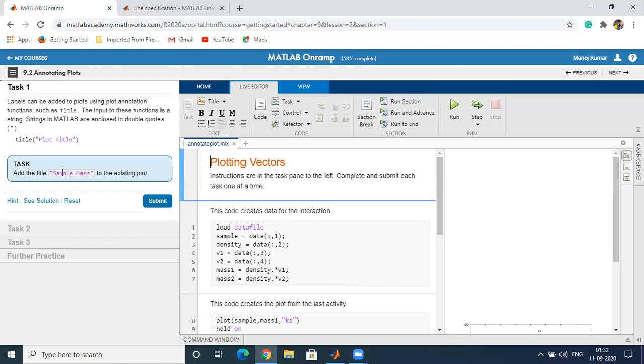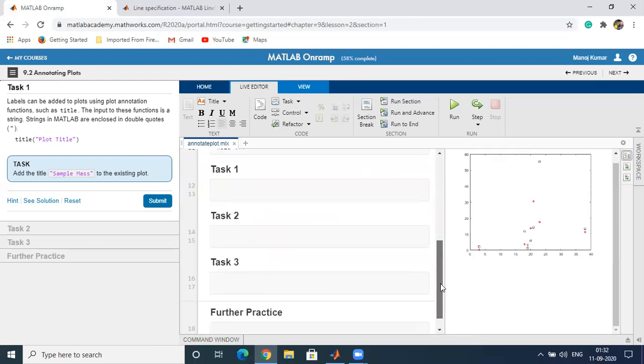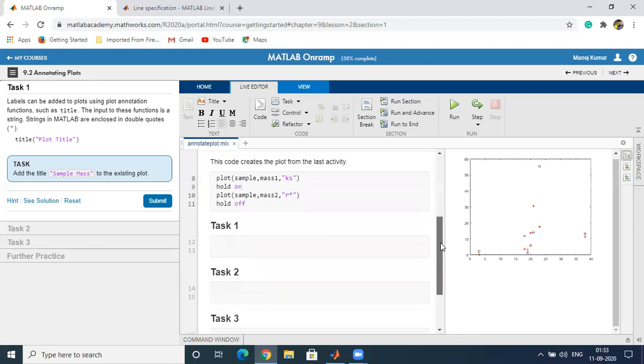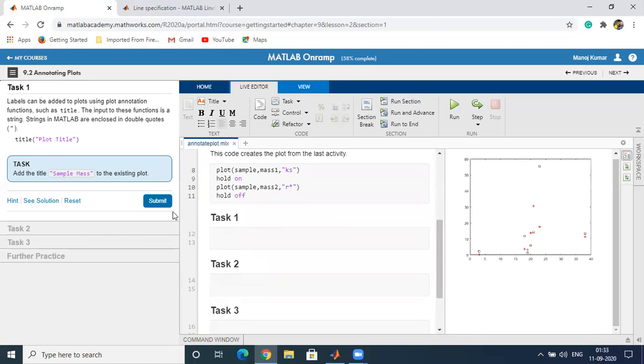Add the title sample mass to the existing plot. This is the plot we have already given. Now we have to add the label, the sample mass as a title.